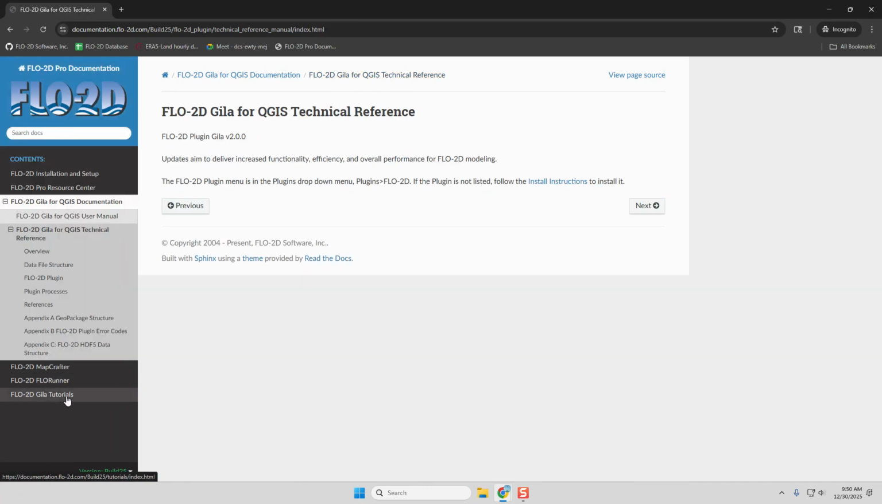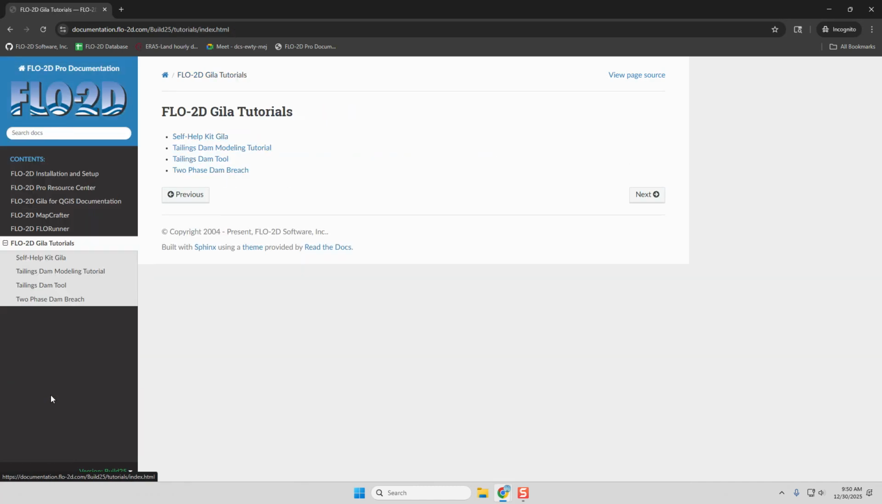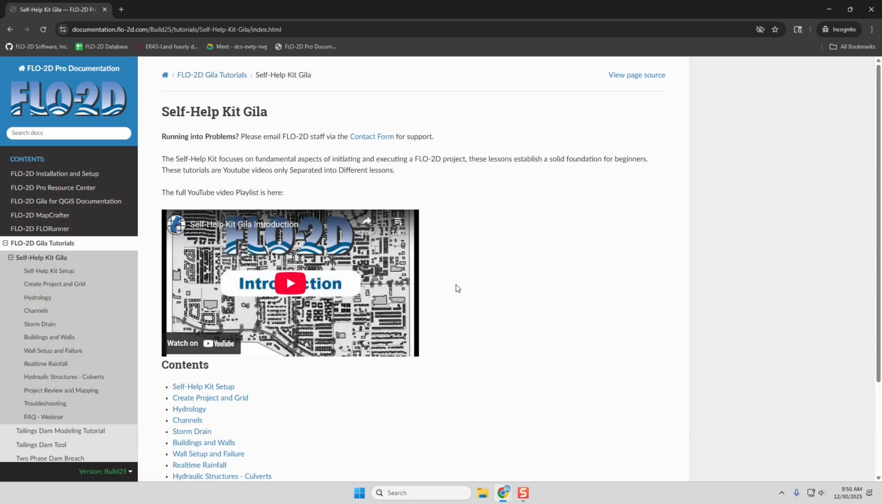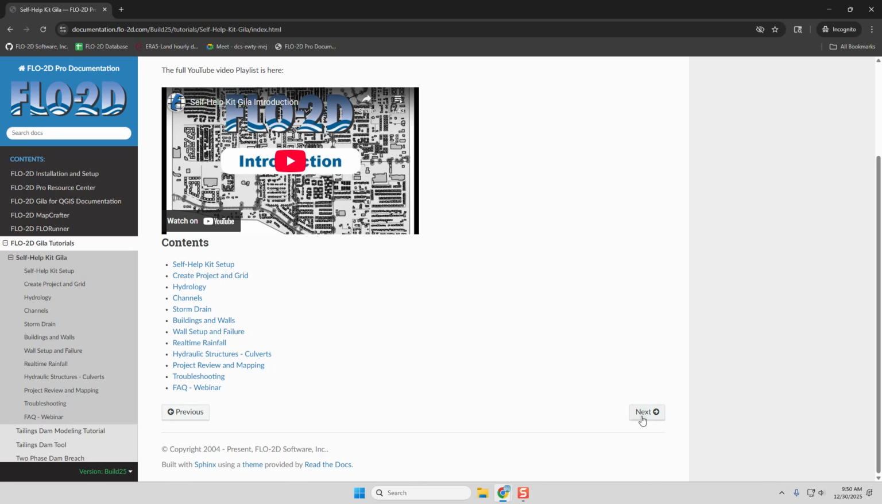And we also have the FLO-2D Gila tutorials. I'm not going to do MapCrafter and FlowRunner. You can explore those on your own, but I did want to show you that the self-help kit, one of the things that Cornelius and I have done is